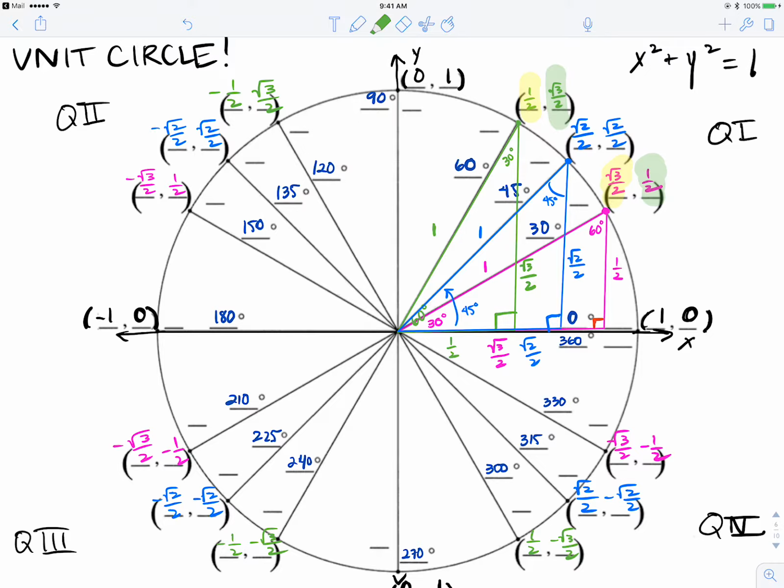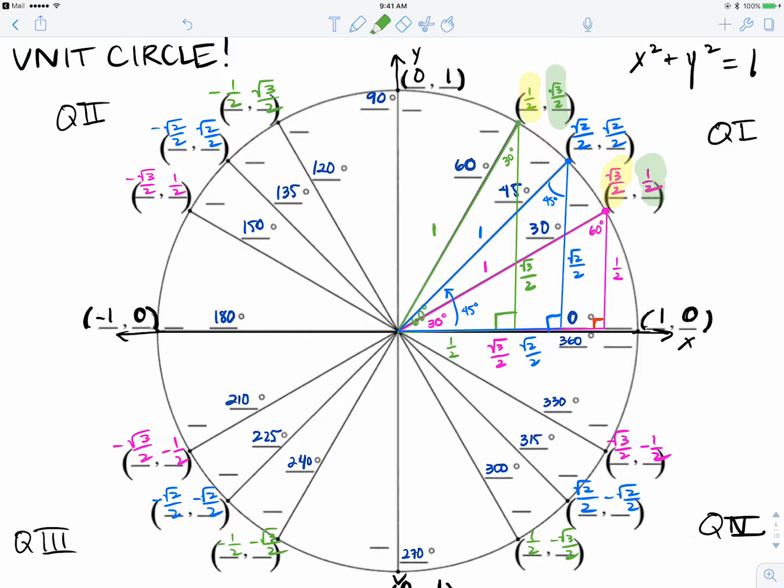All of the trig functions are positive in quadrant 1, since x and y are positive, and it's different ratios of x, y, and r. So r is always positive, x and y are both positive in quadrant 1, meaning all of the trig functions will be positive. In quadrant 2,